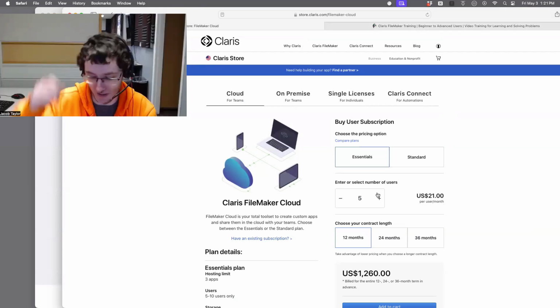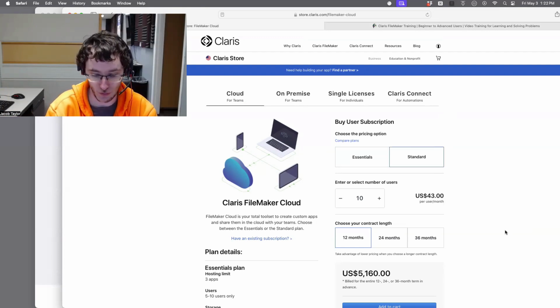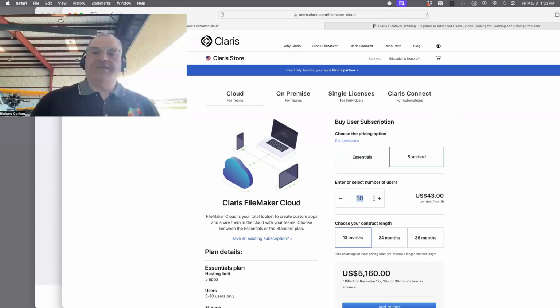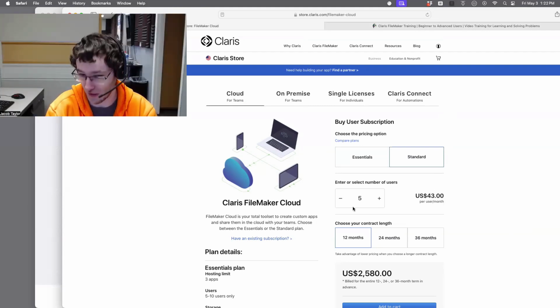Yeah, the comment I put in chat is because people were trying to do price comparisons between a FileMaker Server on-prem, just as a baseline, and these entry-level Claris Cloud, FileMaker Cloud, whatever you want to call it, systems. I think it's a wash at around 5 users, but when you get above that it's only competitive at the bottom end, and it's also only competitive if you or your client fits on the Essentials plan. And the Essentials plan is actually even more constrained. You get 3 databases, period.